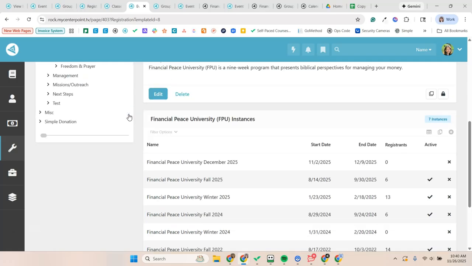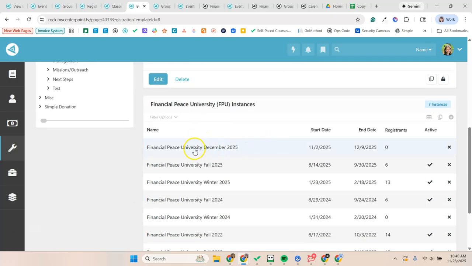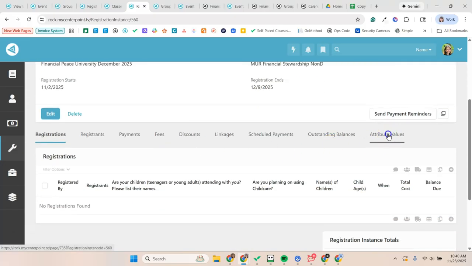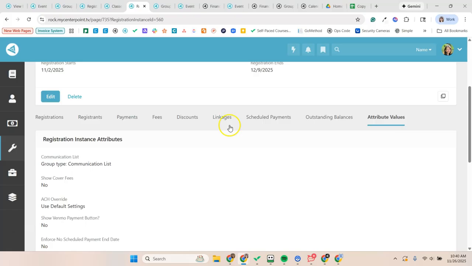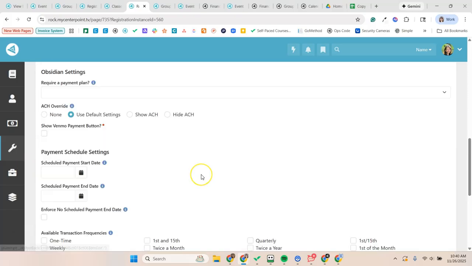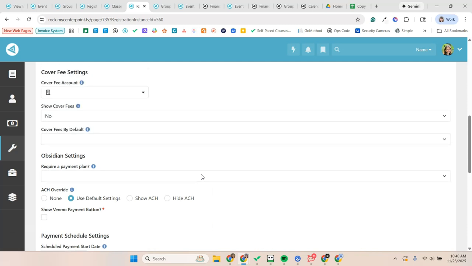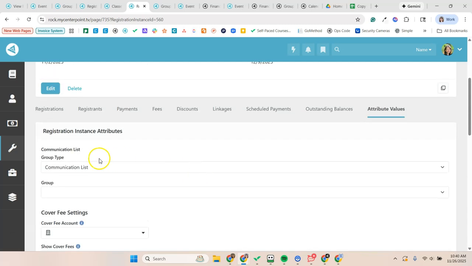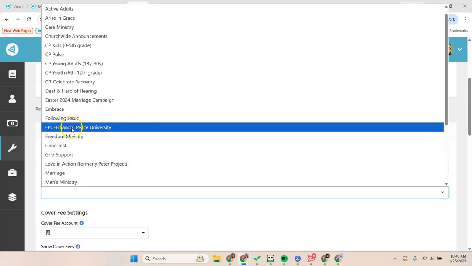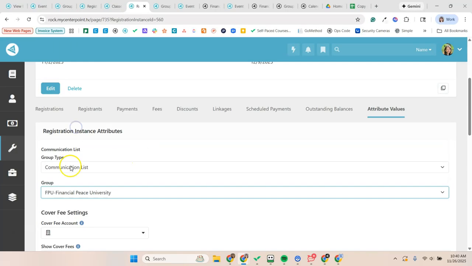So let's go back into the instance of, this is our test one for December 2025. We go to the attribute values, and we go to the very bottom of this screen. There's a lot of information here, so stay on track and only work with the information that we're showing you. We're going to go to a communication list. You don't have to change that, but then you have to select a communication list here, and we have an FPU communication list. So anybody who drops in or who fills out a registration on this instance will get placed